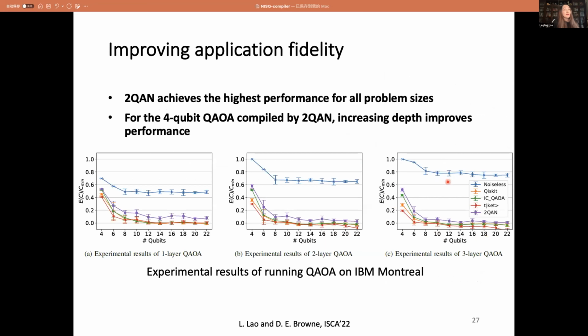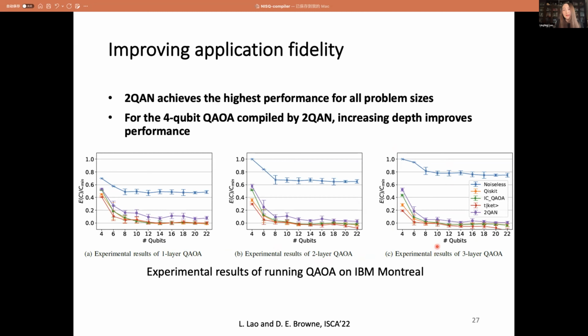And then we evaluate this Toucan compiler by running the QAOA application on the real IBM Montreal device. As you can see from these 3 figures, the first figure shows the 1-layer QAOA, the second is 2-layer QAOA, and the third is 3-layer QAOA.